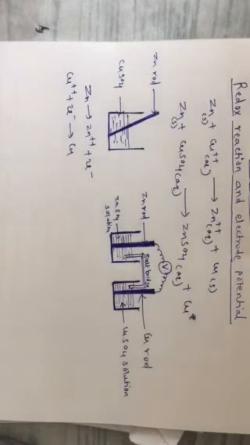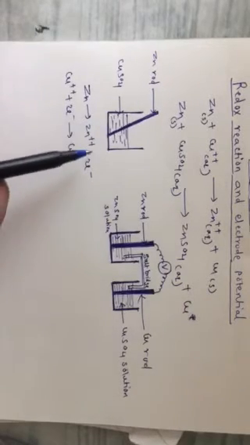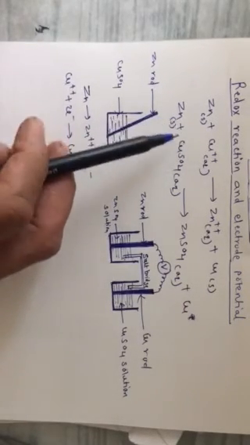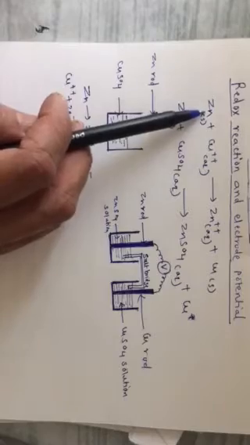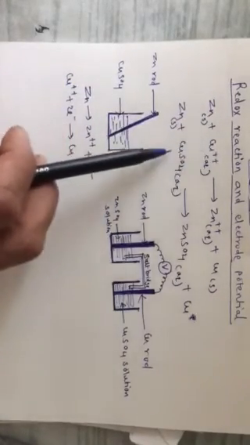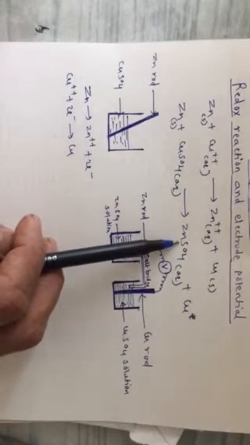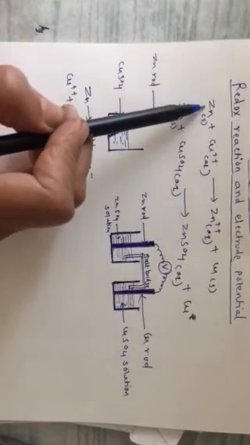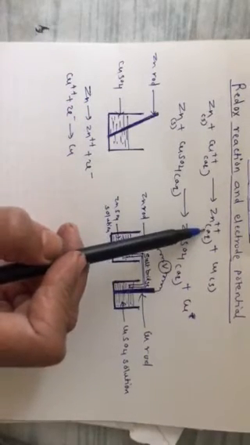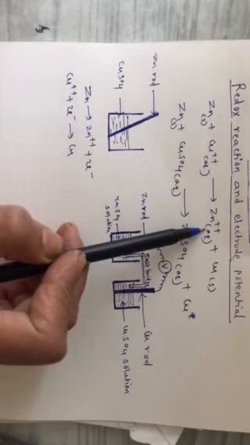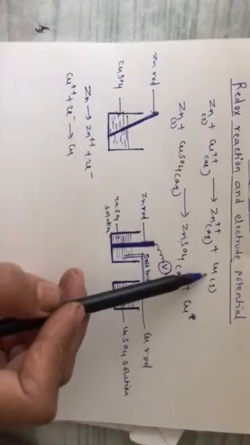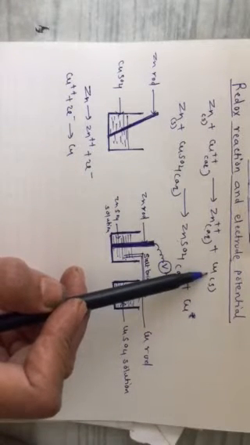This is a redox reaction because if you observe the reaction carefully, the reaction in ionic form we can write as Zn plus Cu2+ giving Zn2+ plus Cu. Cu2+ from copper sulfate, Zn2+ from zinc sulfate. So what is happening actually in the reaction? Zinc is converted into Zn2+, means it is undergoing oxidation. Cu2+ is converted into Cu, means it is undergoing reduction.